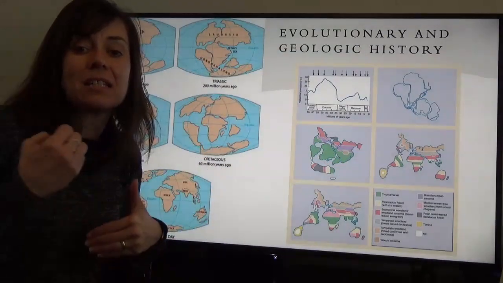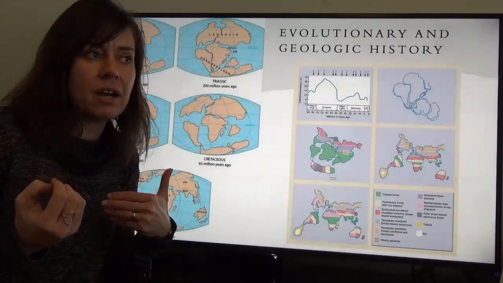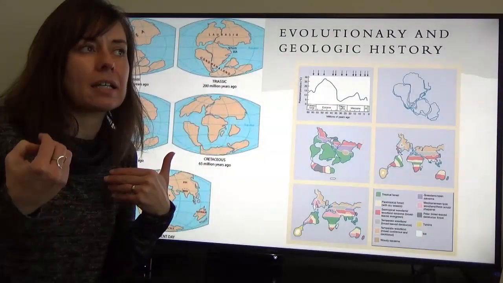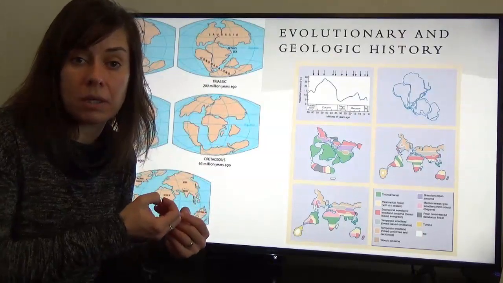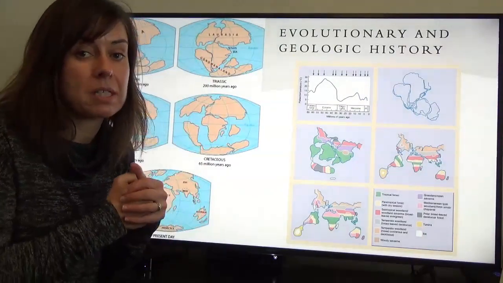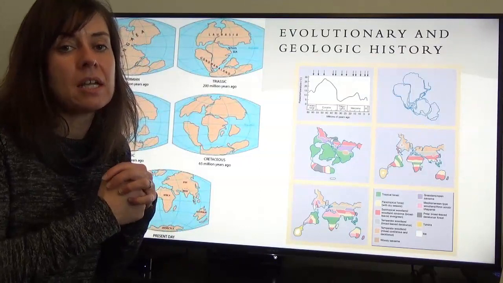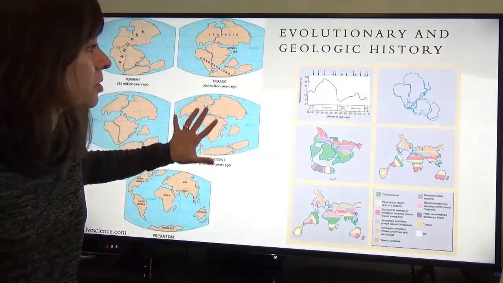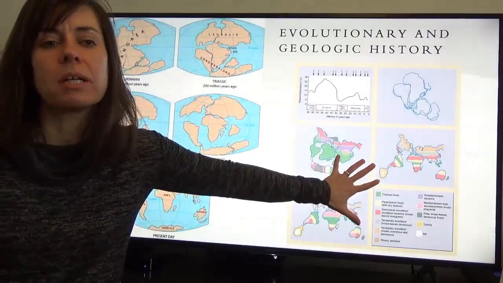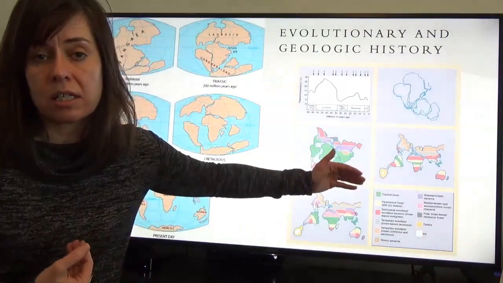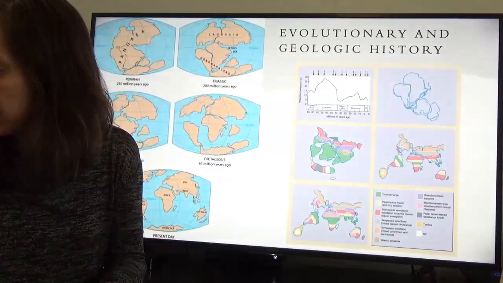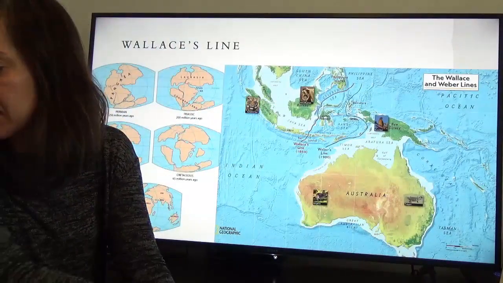And again, this history of these sites can be a really important clue into why certain species are where they are, why there are certain relict species present in different places, etc. And so we're thinking about this much longer term geologic history of the planet and the associated evolutionary history that goes along with that. And a great example of this comes from